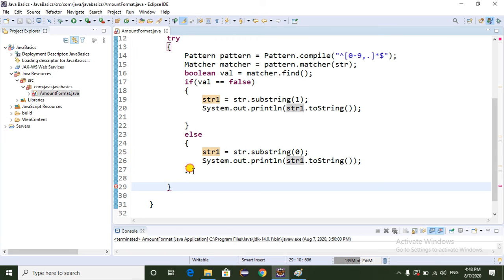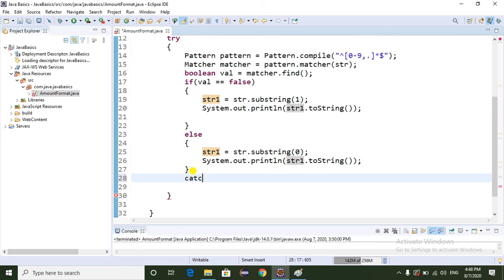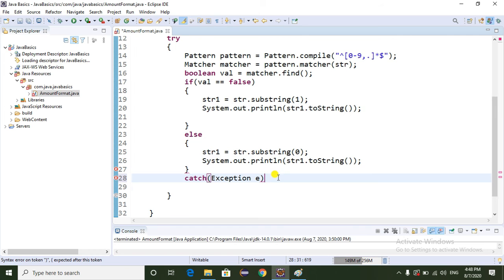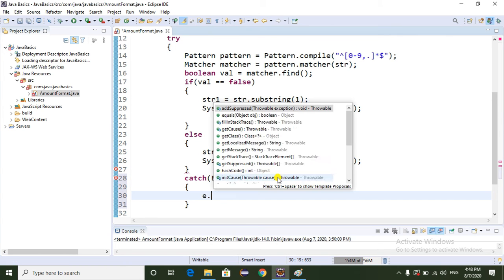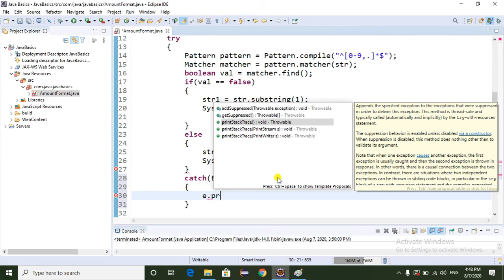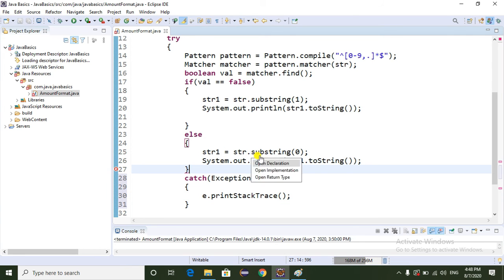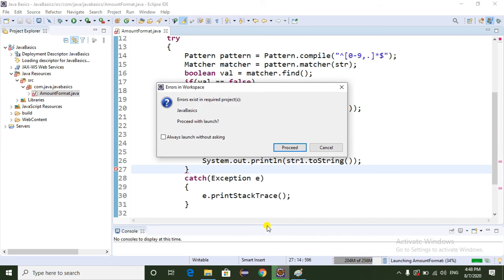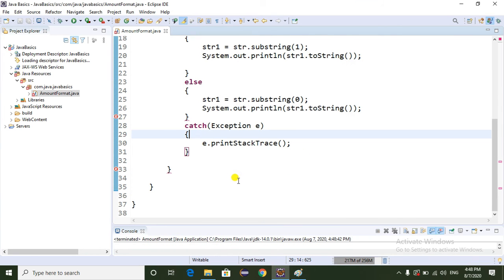Here I am going to write the catch block, Exception e. I am printing the exception. Now I am going to run the program, run as Java application.